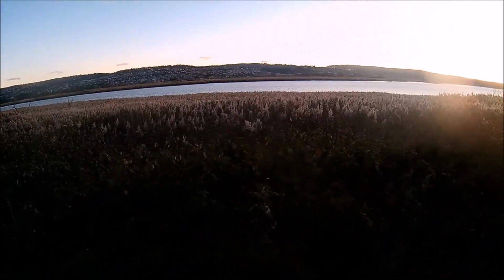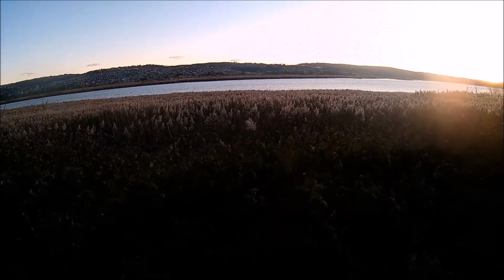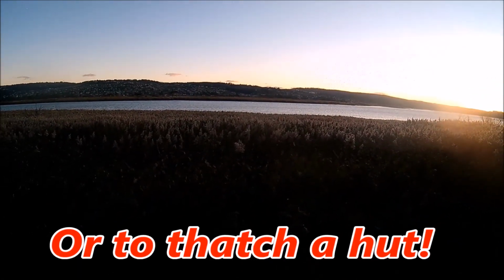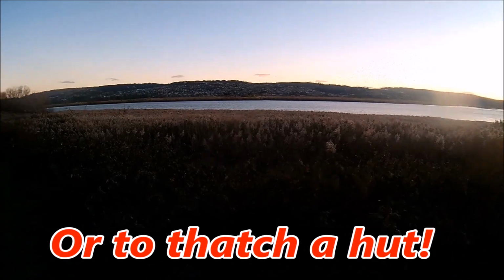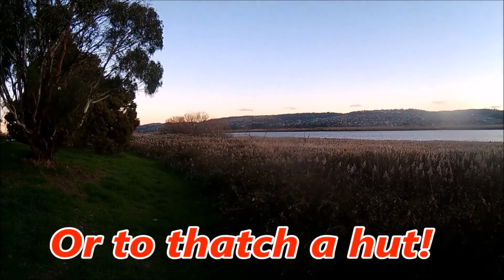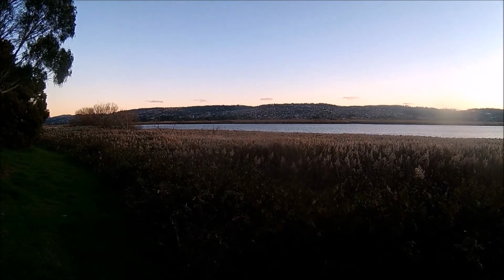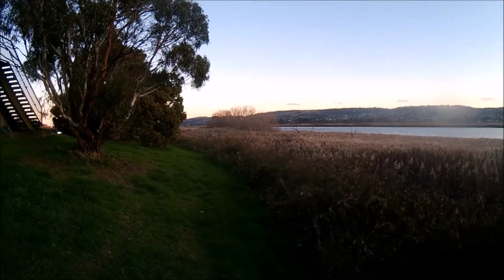And beyond that, as you can see, there's all the reeds. If you want natural fibre to make cords, that's the stuff for you. And further on, can't see them very well, just at the left edge of frame, now centre,